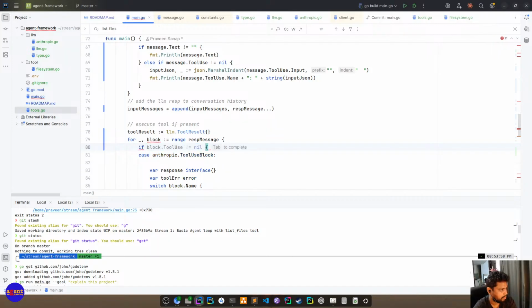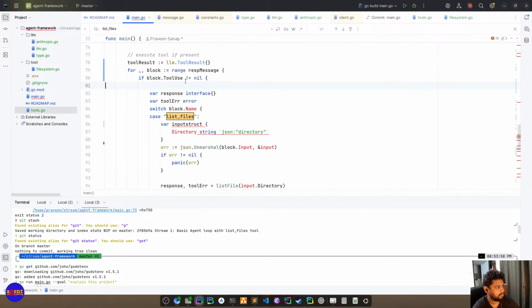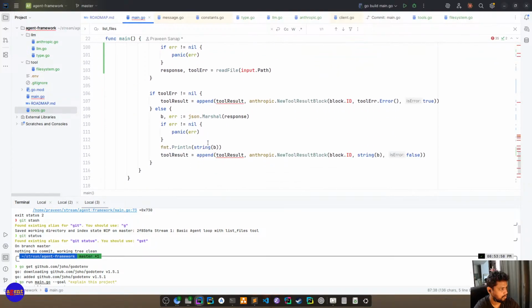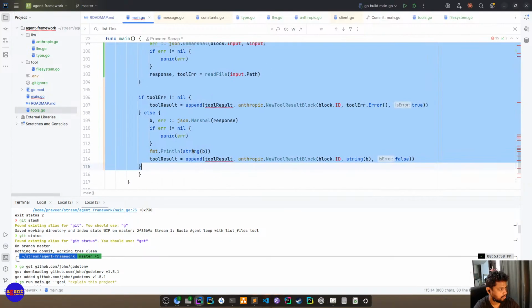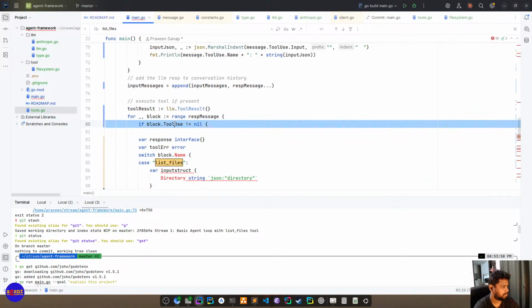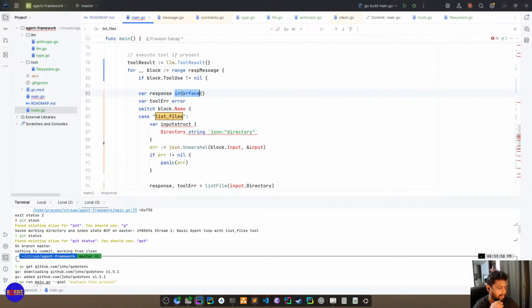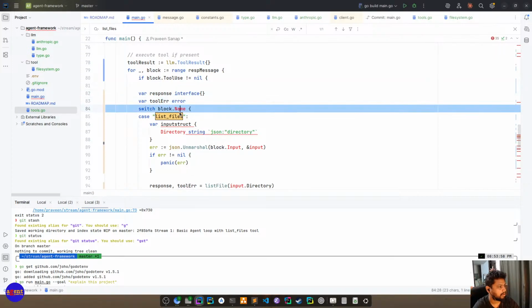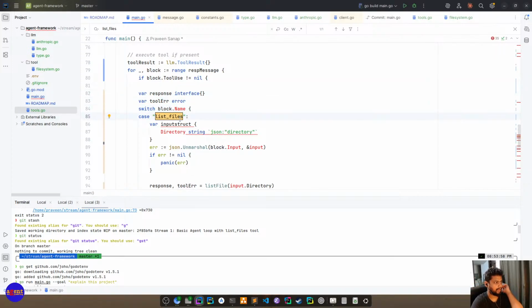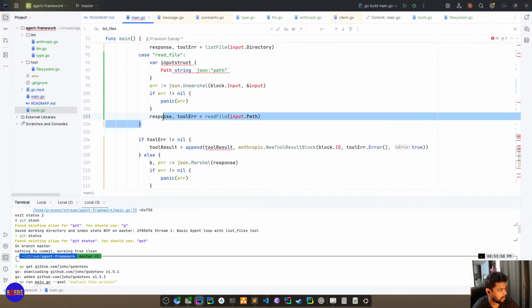If log.tool is not equal to nil, prepare response, prepare tool error, and execute, right? Now the thing with this is we have a generic method to do this. We don't really need any of this.